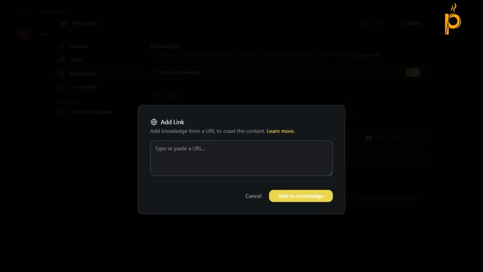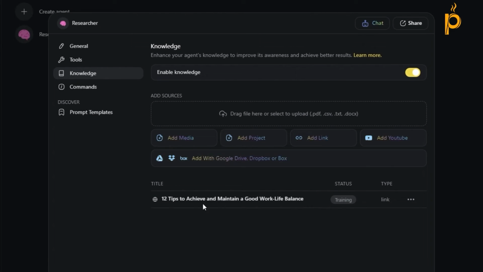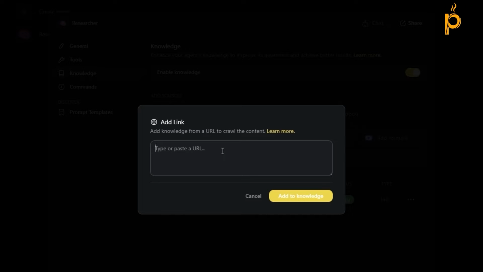So what I'm going to do here, I'm going to add a couple of links to existing articles around work-life balance that I want the AI to be trained on, and use those kind of as a base. I don't want to copy those word by word, but again, I just want to have the AI use them as part of its research when it researches these topics. I'm going to add a link